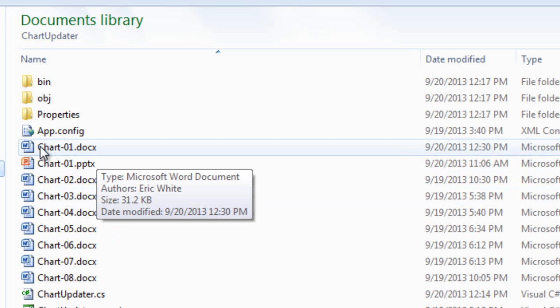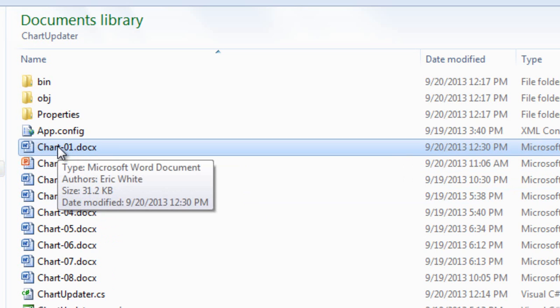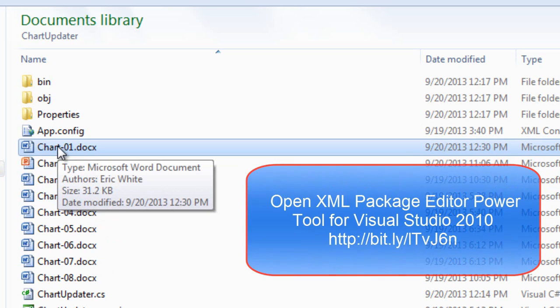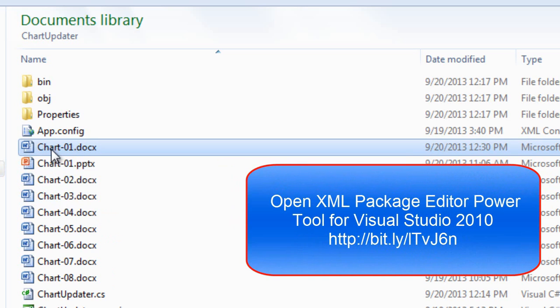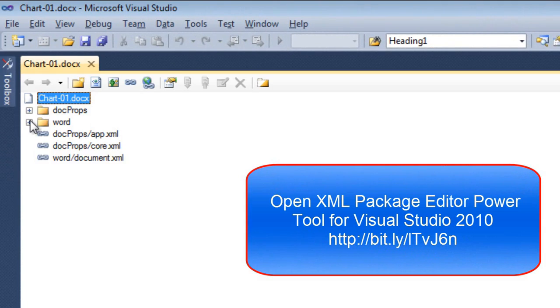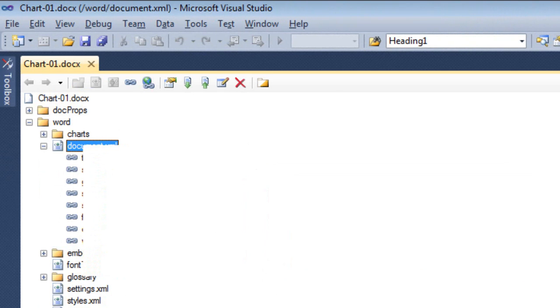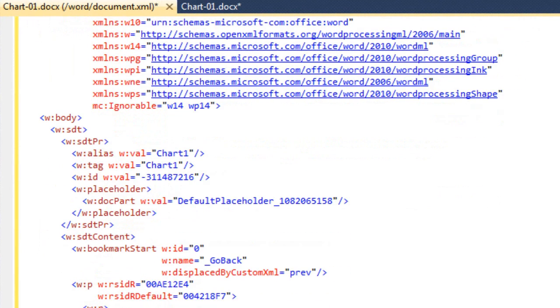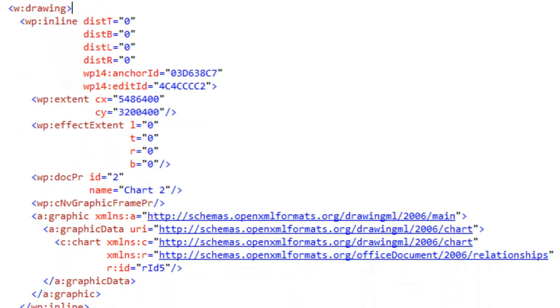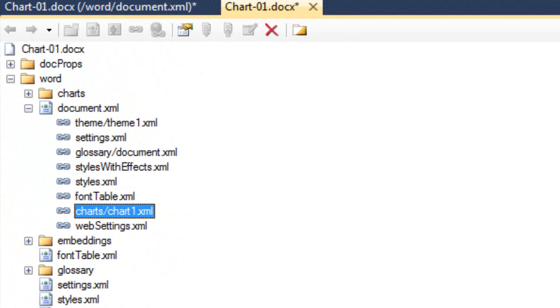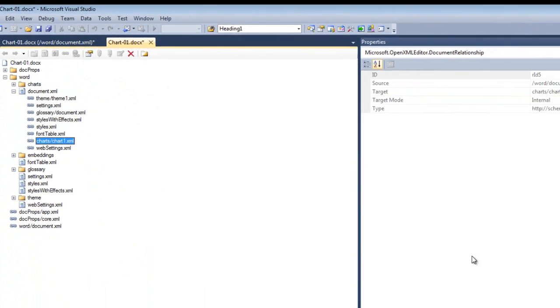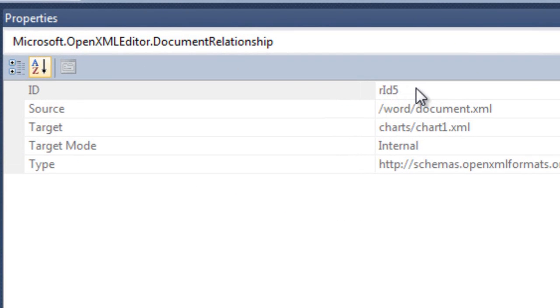I'm going to open this chart01.docx, and I'm going to open it in the Open XML Package Editor Power Tool for Visual Studio 2010. I'm going to open up the main document part, format the XML, and here's that content control that I inserted. And down here we can find this chart element, and it has a resource ID of RID5. If I look at this relationship to charts/chart1.xml,